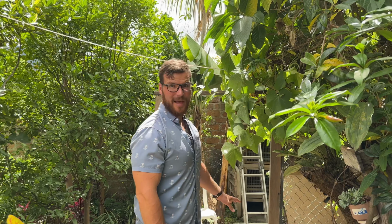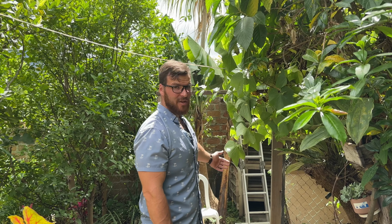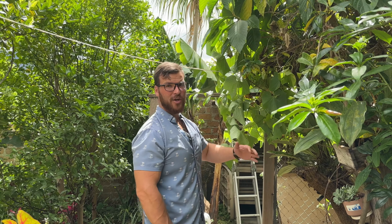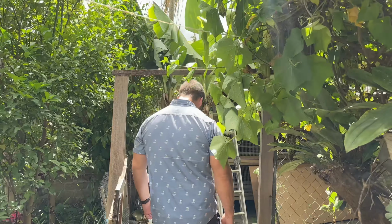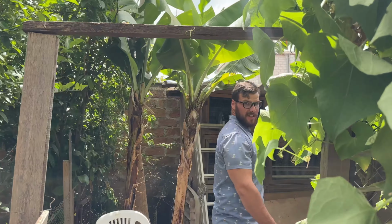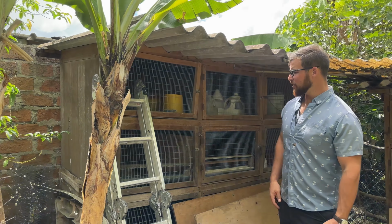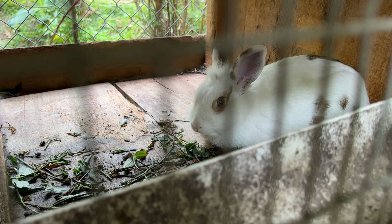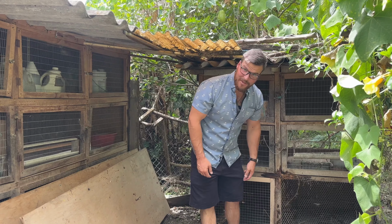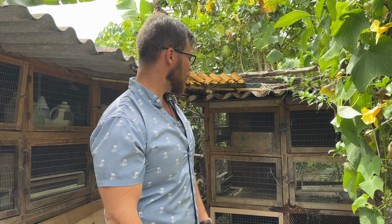So right here at the back of the property, on the boundary, there is a chicken coop slash cuy coop slash rabbit area. So let's go take a look. You see that they built these little coops here. I'm pretty sure chickens could live in here, but currently there is a little bunny rabbit. So as you can see right here, they're raising a rabbit. But these are typically made either for rabbits or cuyes, which are the guinea pigs. So if you'd like to have some of those, could also be turned into a chicken coop or used for